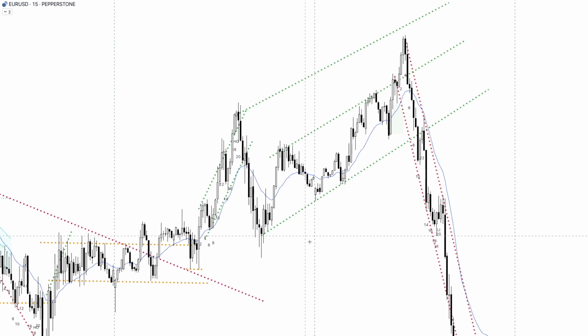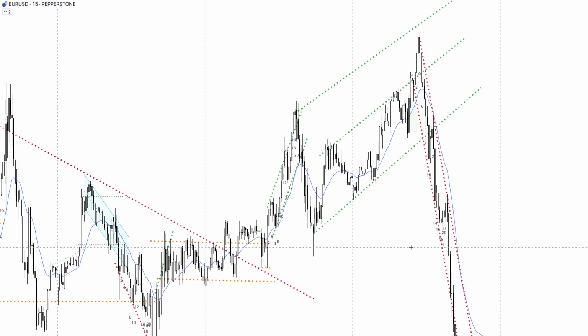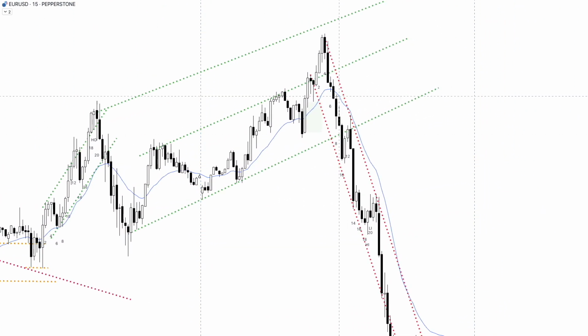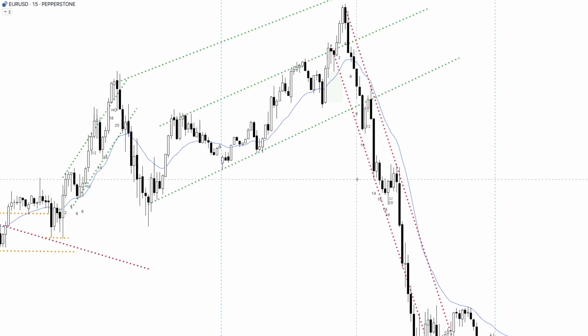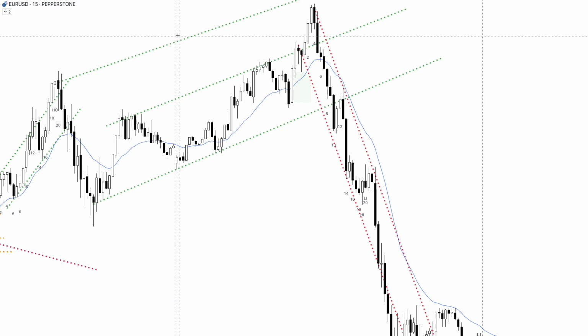In this case, we got the reversal, which kind of makes sense because we're wanting to retest the lows of this channel. Usually when you break out of a channel, you're going to come down and retest the lows, so that all makes sense. Very strong trend, a lot of bearish bars closing on their lows.